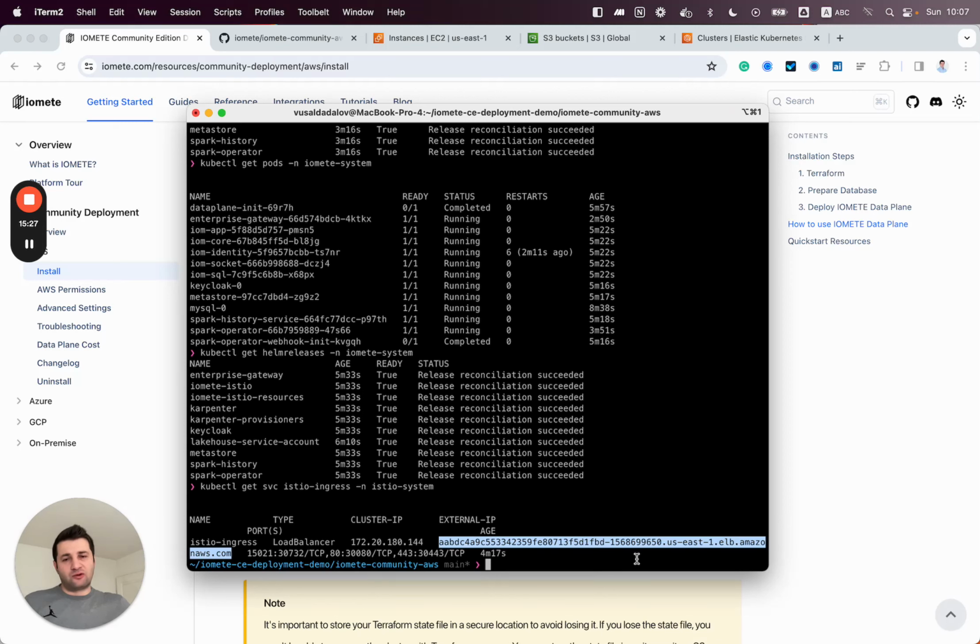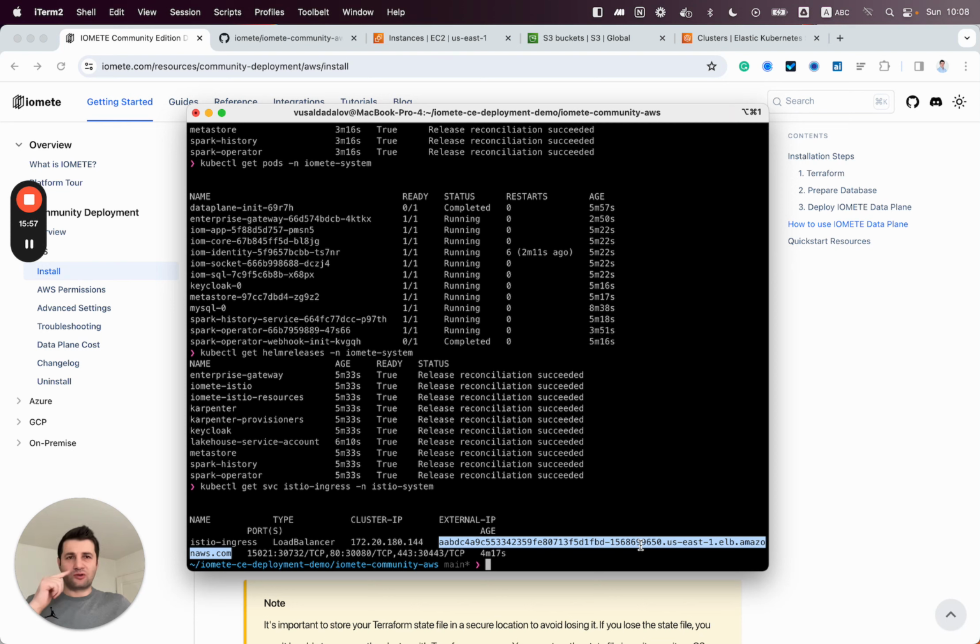You can additionally configure a DNS: you go to your Route 53, add your preferred DNS name, and then point to this DNS using a CNAME record. If you want to configure TLS, you just need to add the TLS configuration in Kubernetes and then configure Istio to use that.